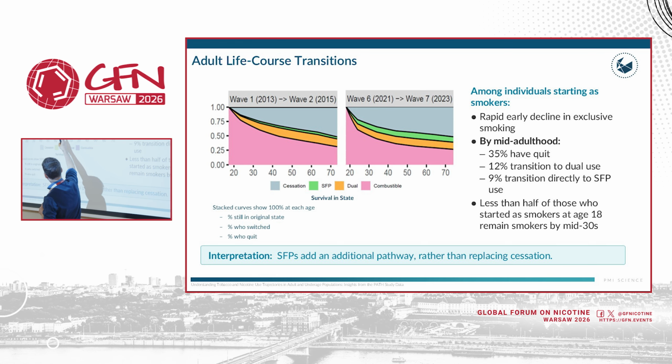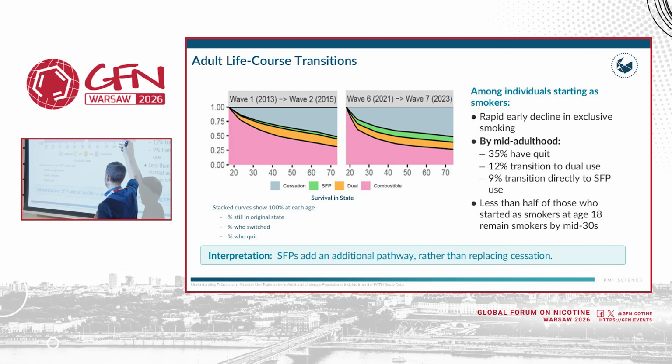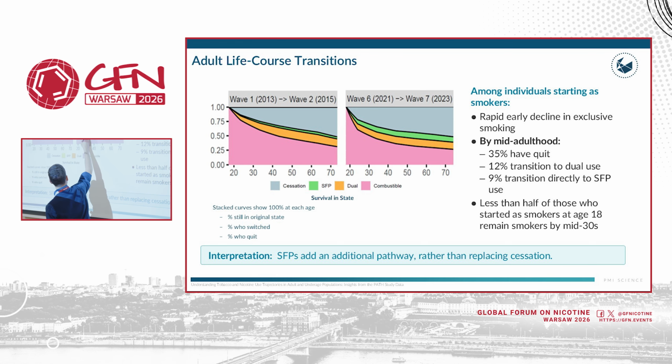So if we juxtapose the 2013 data with the data 8 to 10 years later, what we can see is that transitioning out of smoking has sped up. People spend less time smoking. What do they do instead? They can be dual users, which also reduced a bit